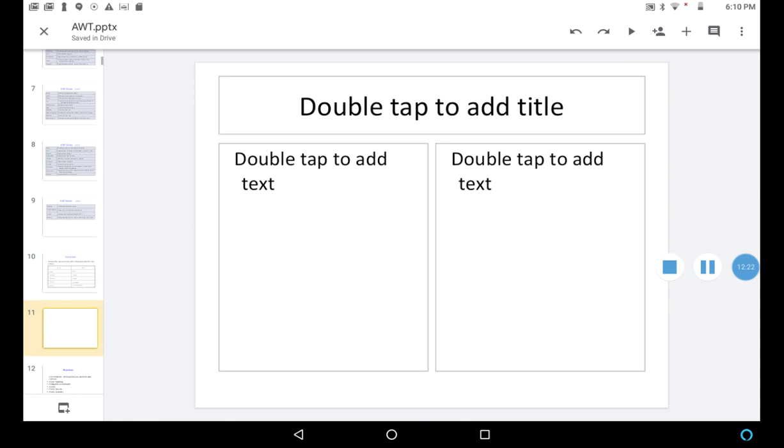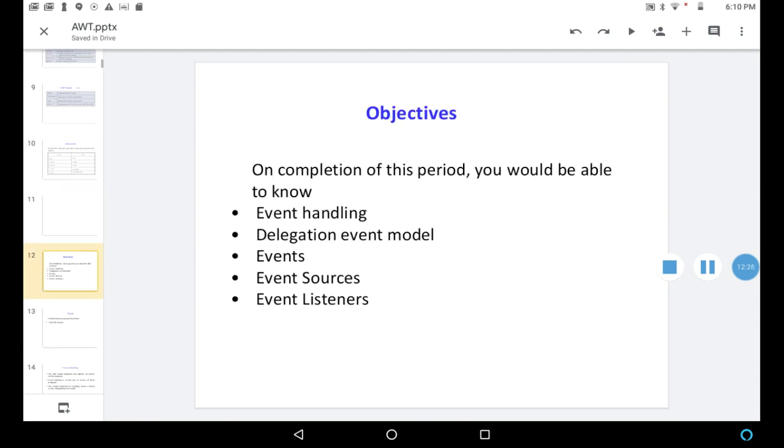So this is about your AWT classes. If you know classes, then only you can do Windows programming, because whichever control you want to place on a window, that type of object you have to create using these classes, okay. So that is why you need to understand the AWT classes.